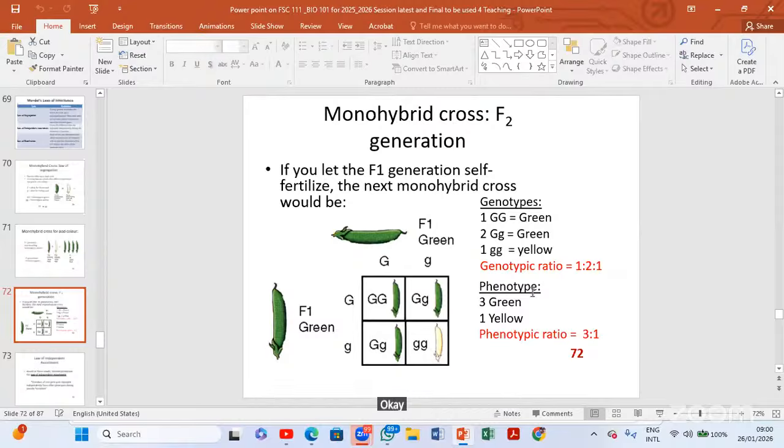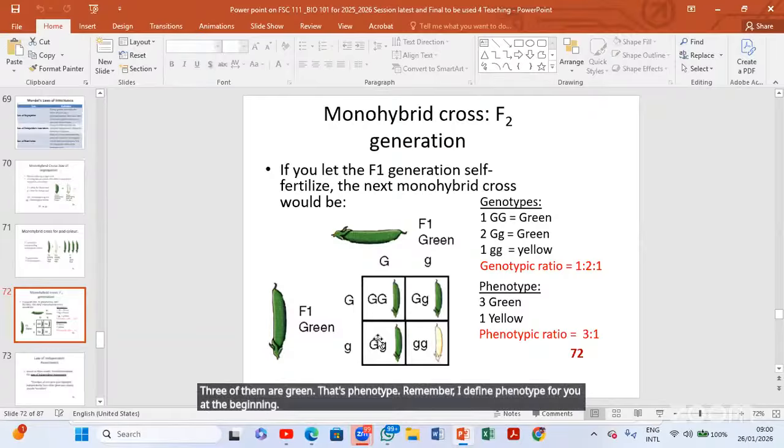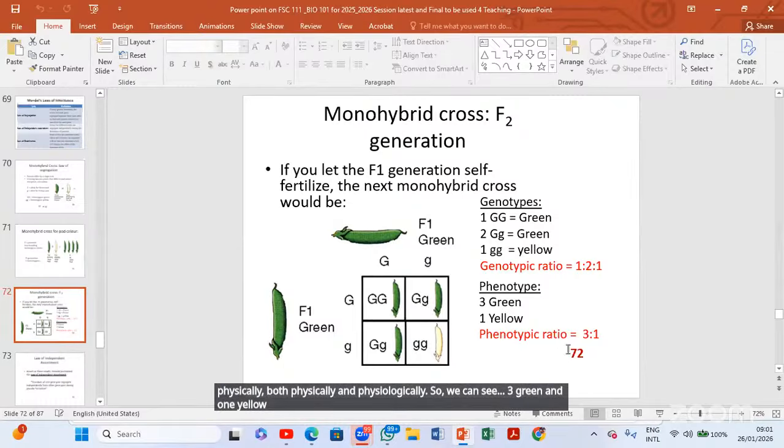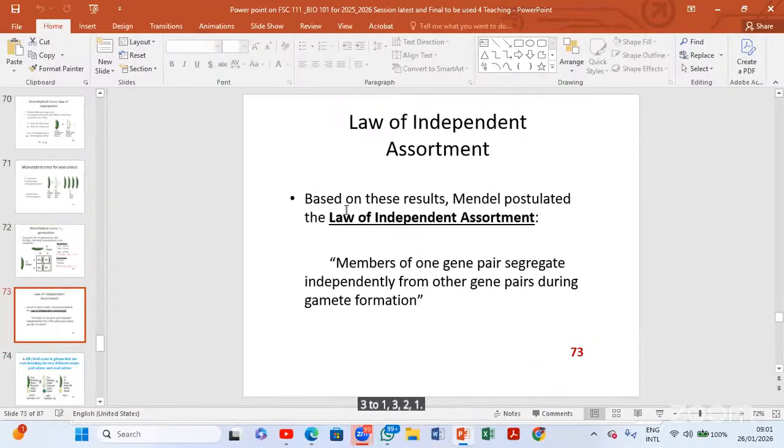In phenotype, when you are looking at the phenotype, 3 of them are green. That's phenotype. Remember, I defined phenotype for you at the beginning, that it is the expressed trait from the genotype, expressed both physically and physiologically. So we can see 3 green and 1 yellow. So the phenotypic ratio will be 3 to 1. So the second law too,